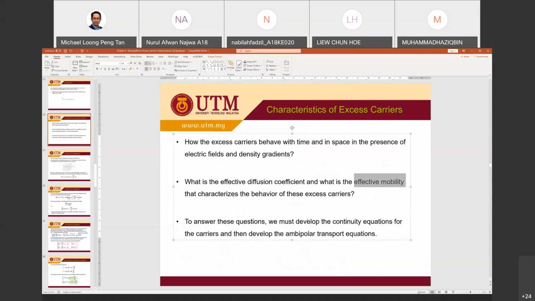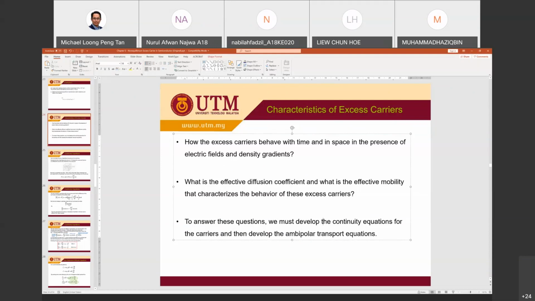To answer this question, we must develop the continuity equation for the carrier and then develop the ambipolar transport equation. By knowing the ambipolar equation, we can know how the excess carrier changes or behaves with time and space